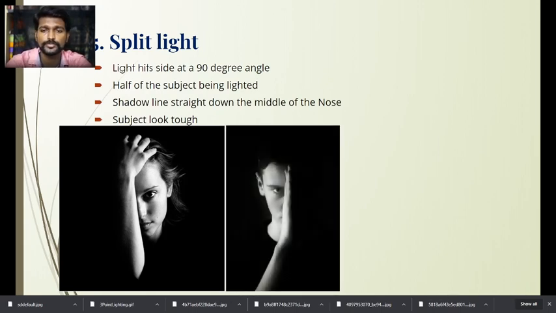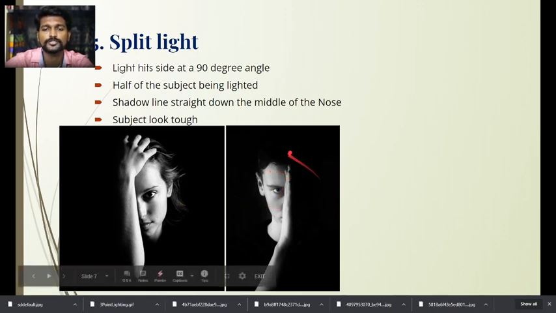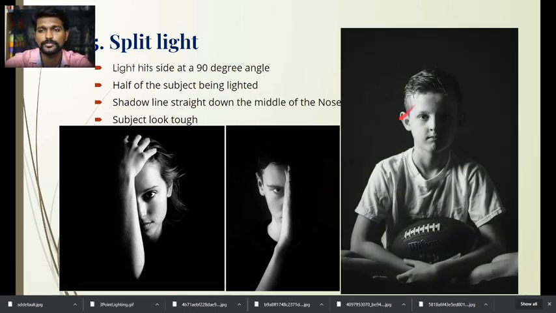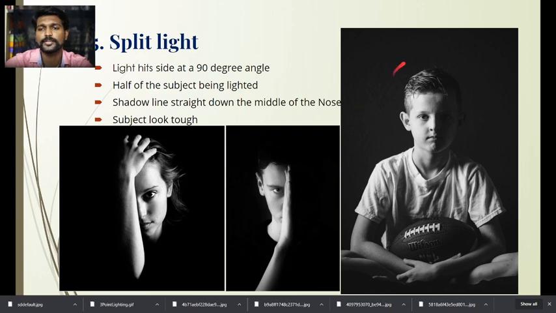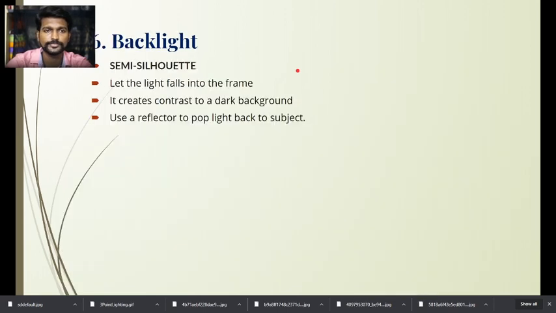One more example. In this image, they completely use the light from the left hand side, and they completely arrested the light falling on the right side. Another example. So this is also the same image, which light falls from the left. So only one light they used. Little bit of background ambient is available here. So we'll go for the next lighting.